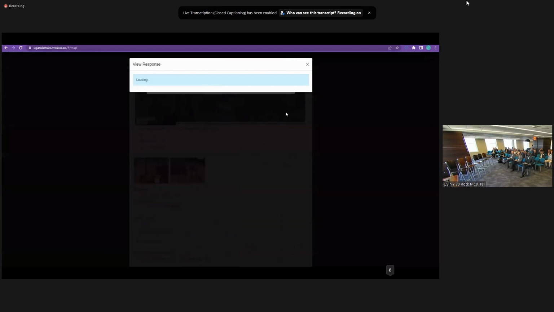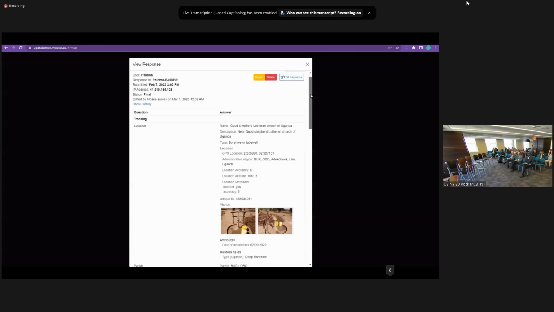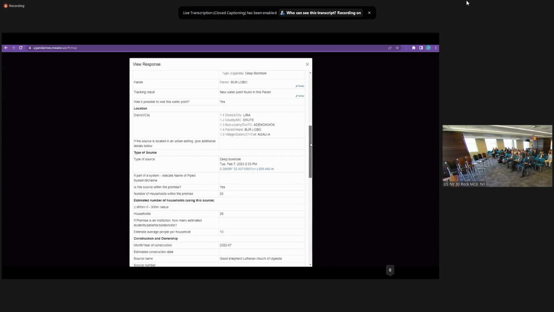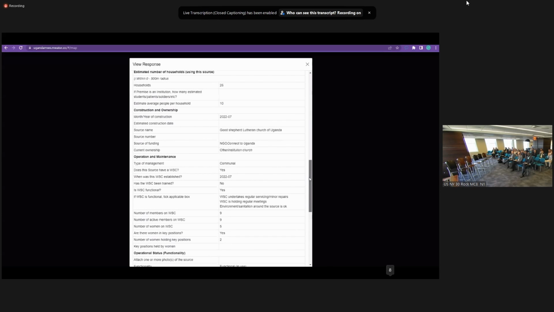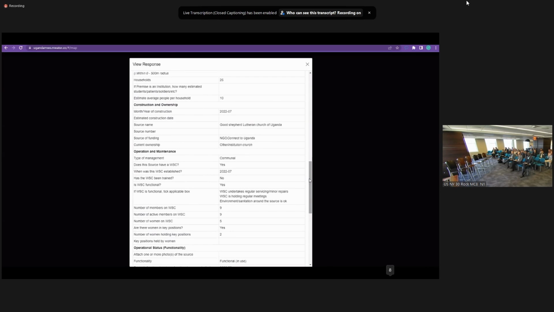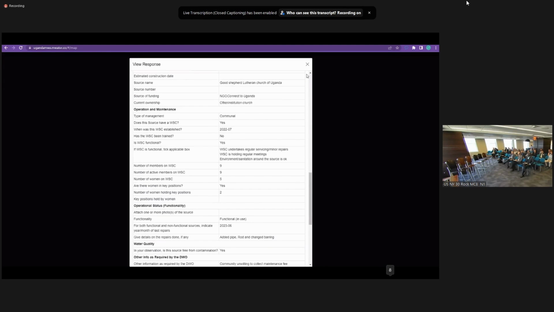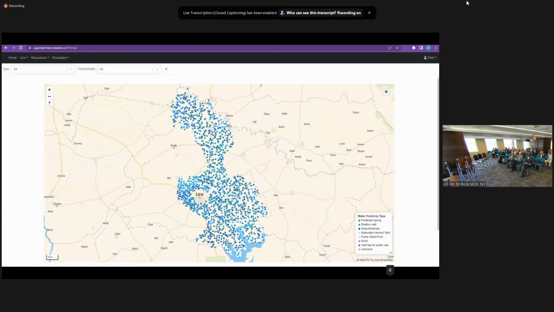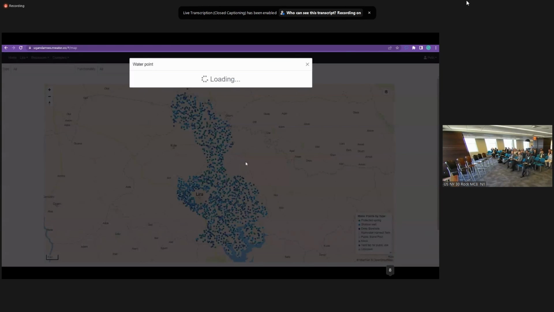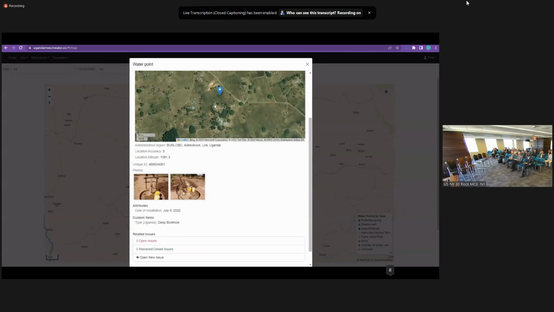But now we have a real-time data system where the district water officer can look at an individual water point and see a photo of what's going on at that place. They can see how old the information is. When they're in the field, they can have offline access to it. And the most exciting thing to the folks that we've been working with has been that, when they see a water point that has been labeled as functional and someone says it's not working, they can actually check, down to the level of the photo, and that's really, really exciting to them and to us.